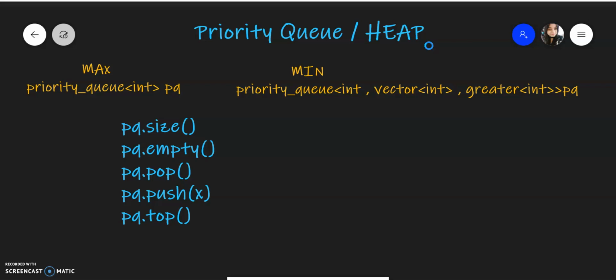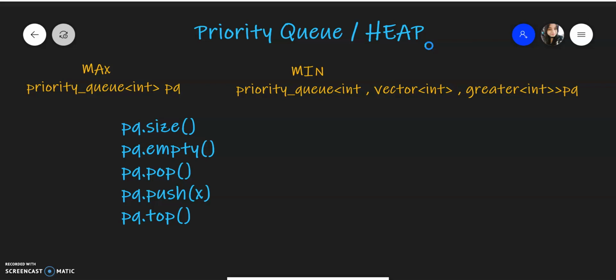So if you want to solve any question of heap, no need to build it from scratch because it becomes really typical. You can directly use a container called priority queue. So in this video you can just simply know what the functions are, and at the end of the series, after I am done discussing all the things STL provides, we will have some questions where we'll use these concepts. So there I'm going to take a few questions of the heap or priority queue.